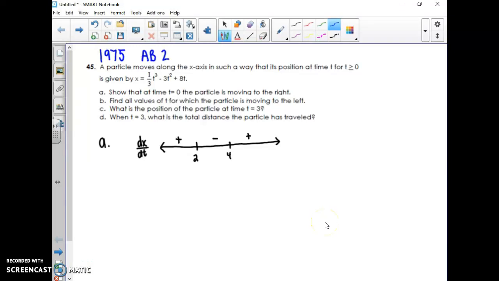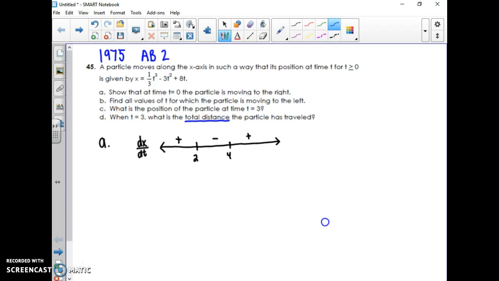In this video, we are going to look at 1975 AB2, which is number 45 in your packet, and we are just going to look at part D here, where it asks for the total distance that the particle has traveled. So we found in part A